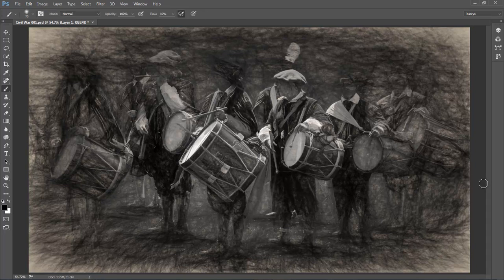Now this is where the creative work begins. There's no rights and wrongs here, and I always describe this as flying by the seat of our pants. In other words, we do what we feel looks right. Now we've got all three of these particular layers saved in our layered stack. What we want to do is to allow some of the colour from the layer that's sitting beneath this one